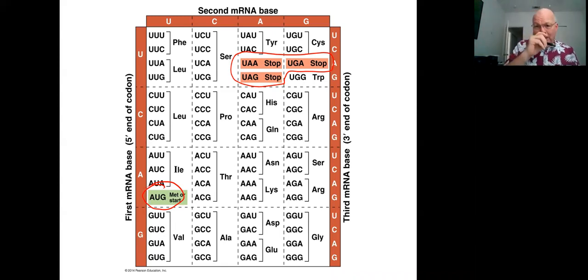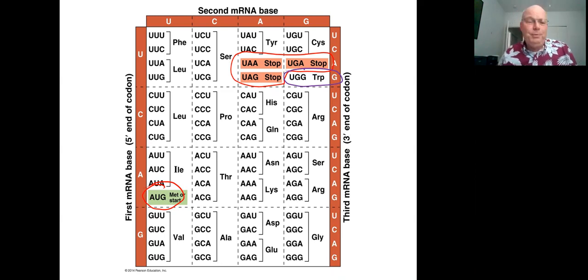There is one other amino acid that has a single codon. Let me change color here. And you can see it here, tryptophan. This is the amino acid that people talk about as being the amino acid in turkey that makes you sleepy after you've eaten Thanksgiving dinner. Whether that's the case or not, there's a lot of conflicting information about that. I strongly suspect that it's more the amount of food that you've eaten rather than the presence of the tryptophan in the turkey, but you can draw your own conclusion.